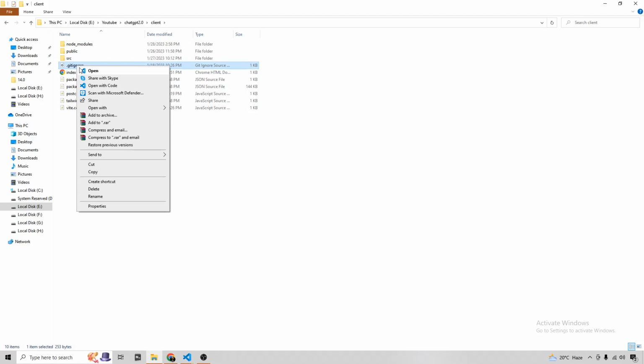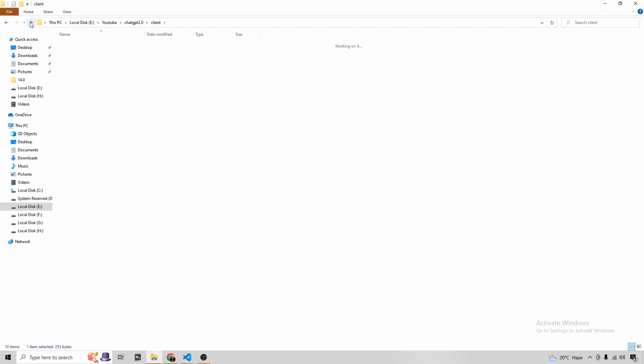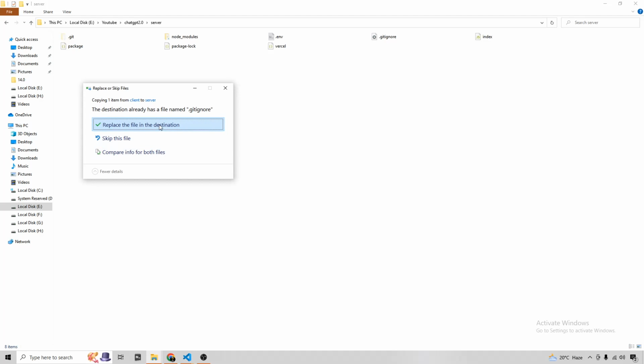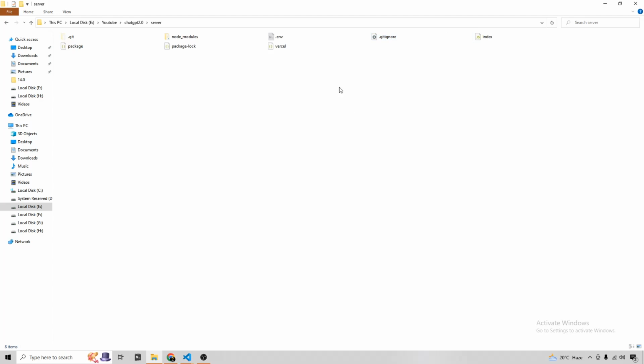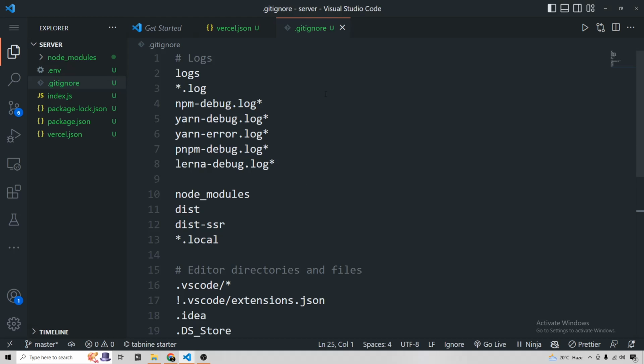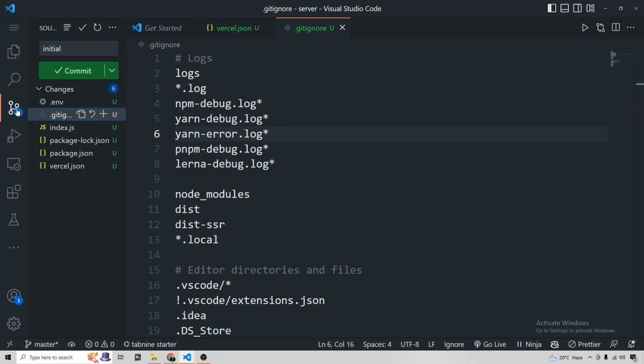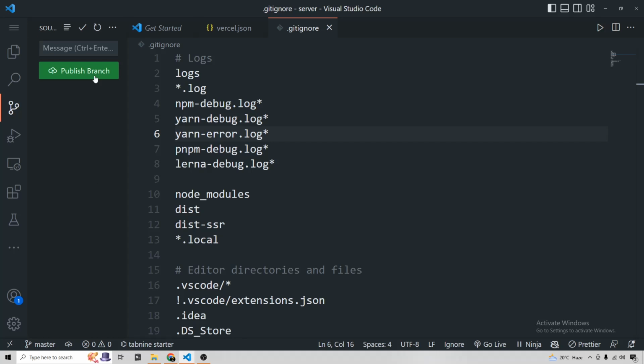Here I have a .gitignore, so just copy this and paste it inside this server. Yeah, replace the file in destination. Now I have a .gitignore here, and you can see we now have only 6 files to push to GitHub. So to push to GitHub, let's make all the changes, make a commit here, and publish it